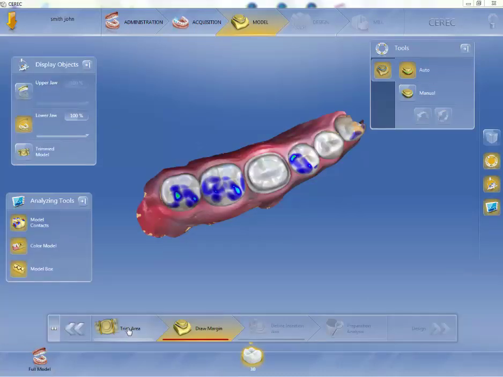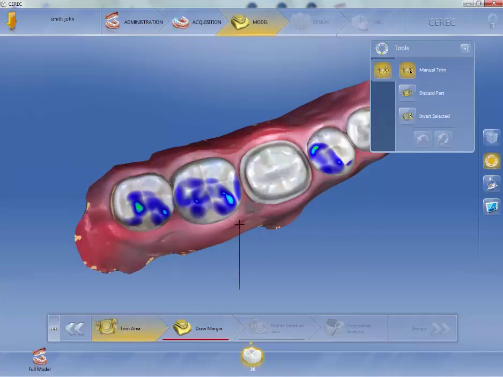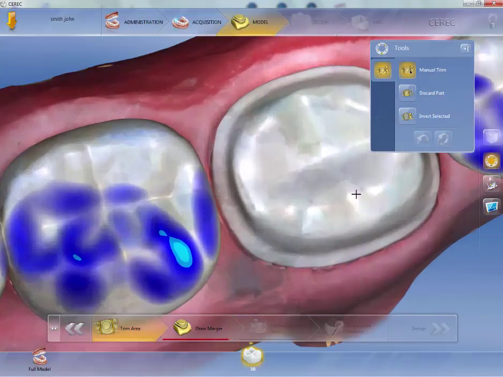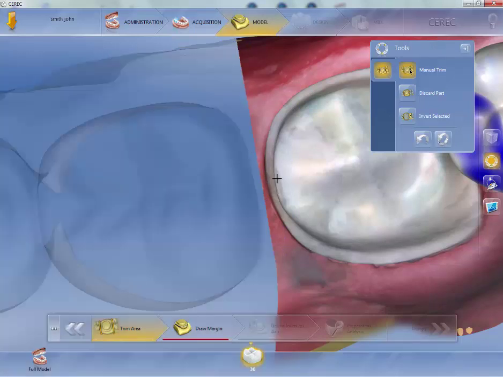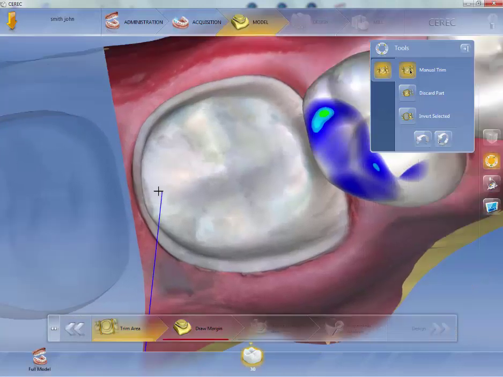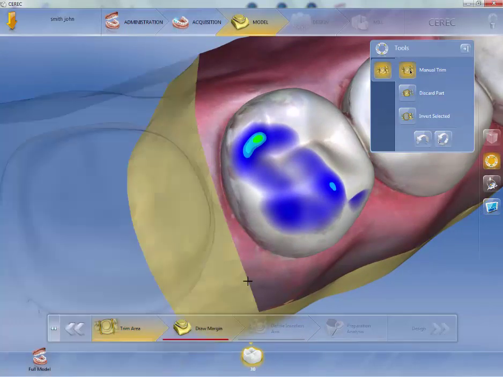I personally, like I've talked about in the past, like to trim the area. So I'm going to trim the area. I'm going to blow the model up, left click and hold. Double left click. Once I get in between the interproximals, double left click again, and that'll cut that side off. Right click and hold, drag it to the other side, double left click to start and double left click to end, and I'm going to double left click